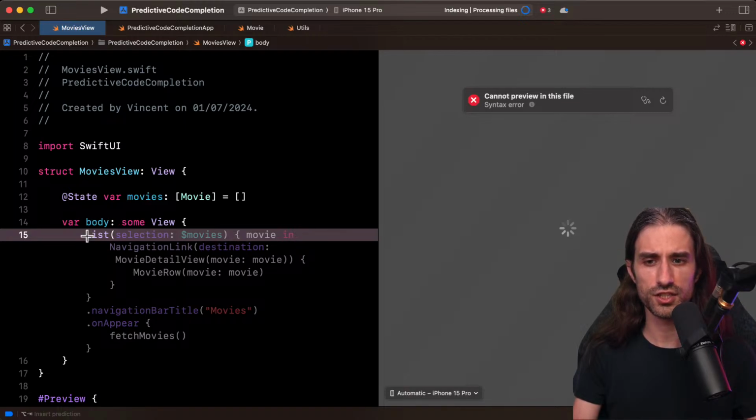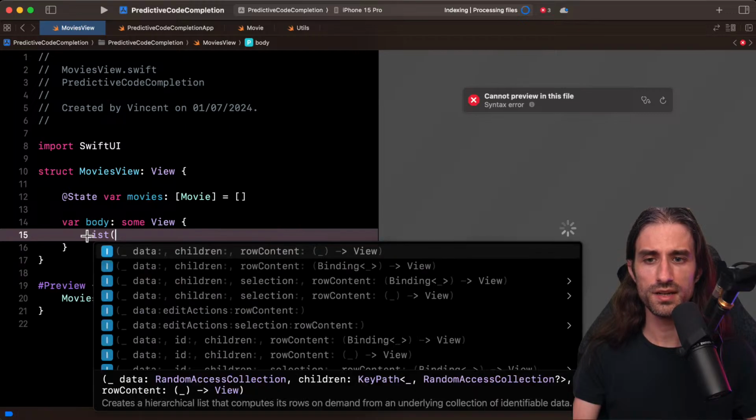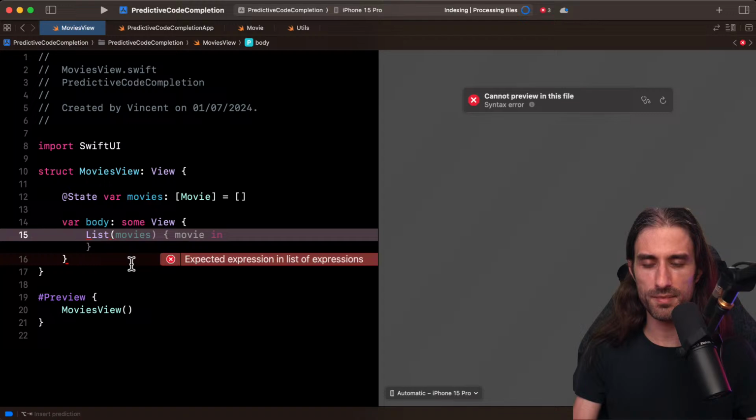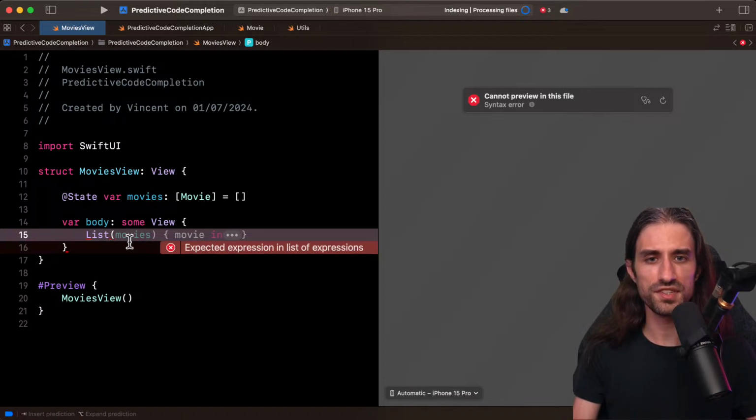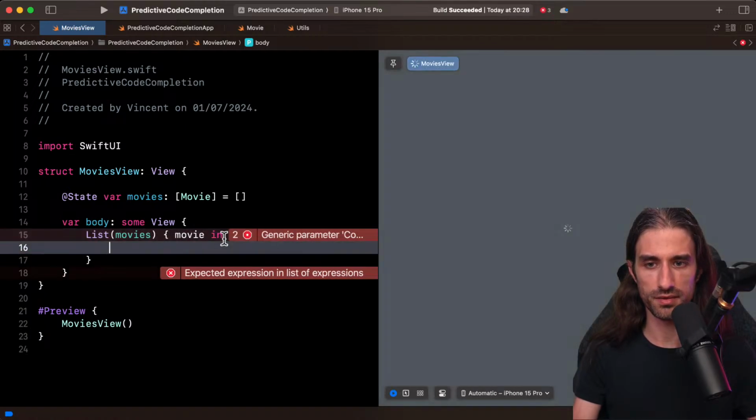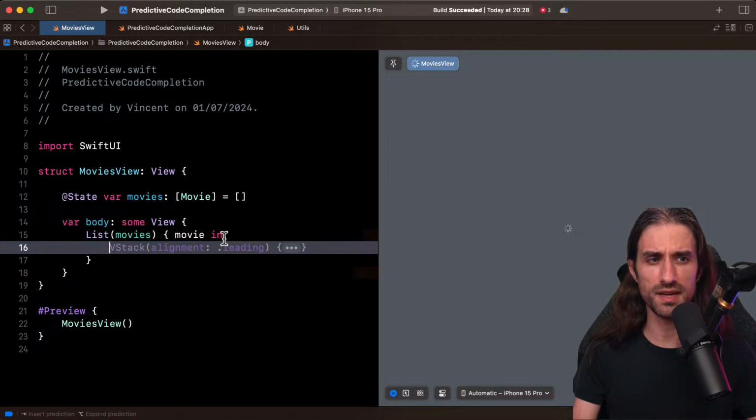That's interesting, with selection it puts a navigation link. So maybe I don't know this API; I was more familiar with this. What's interesting is that it changed the suggestion without me doing anything. But okay, this is what I wanted. I'm not sure what the API selection does, to be honest.